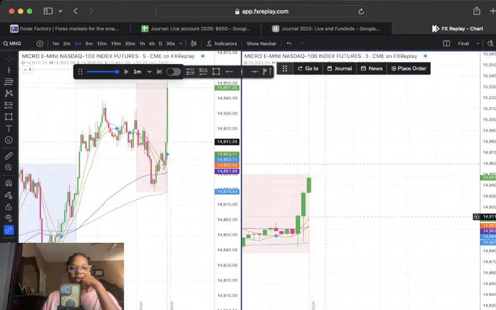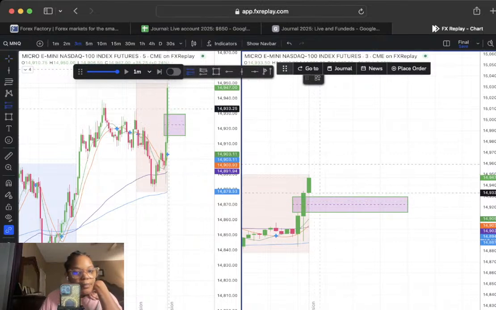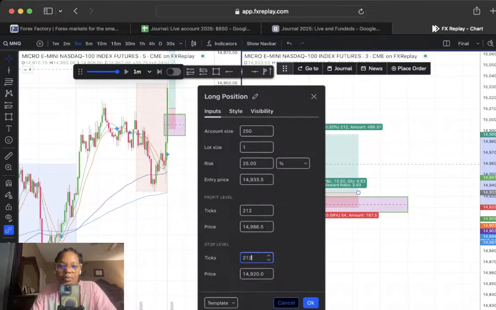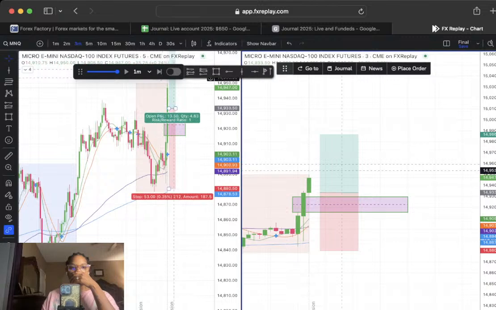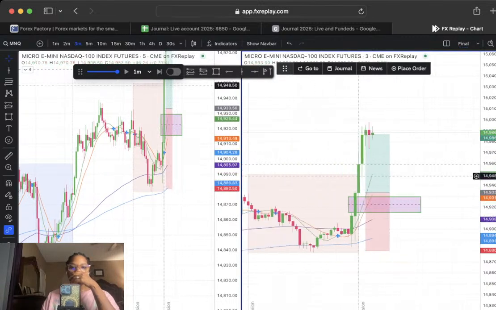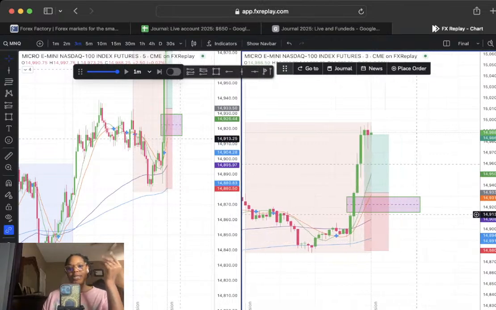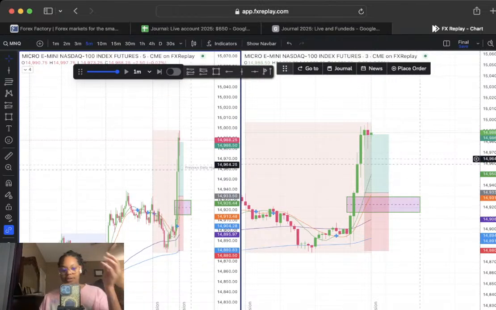Okay. Now, again, you can wait for a rebalance in the middle of this gap. Boom, done. See? Everyone's like, oh, wait for a pullback, wait for a retest. I don't, because it will just leave you. And by the time it finally retests, we are at previous day high. We're probably going to reverse.